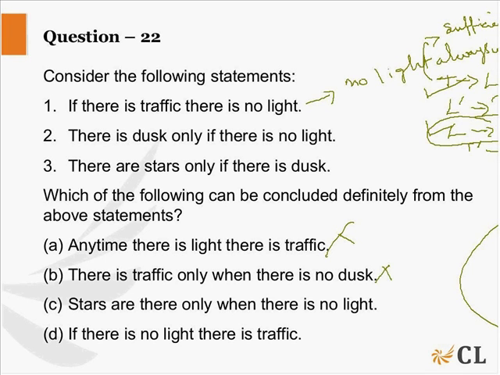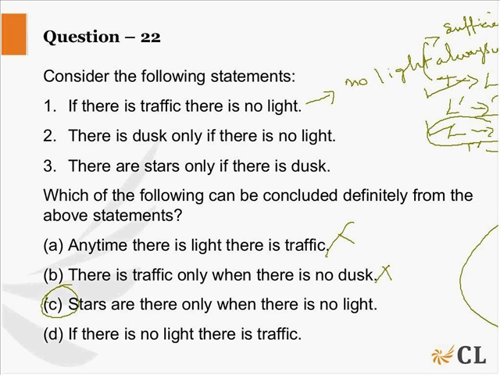Now it says stars are there only when there is no light. So when are there stars? When there is dusk. And when is there dusk? When there is no light. Right? So obviously this statement, when there is dusk, there is no light, definitely means that. And when there is dusk, there are stars. That is what it means. So I will come up with C as the